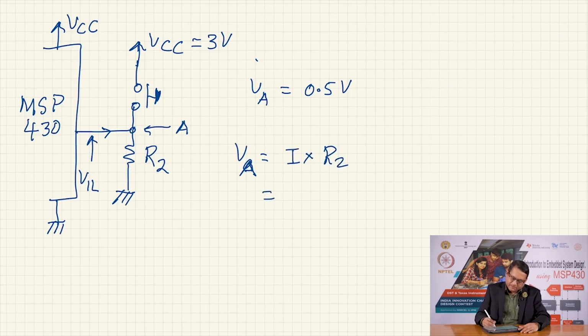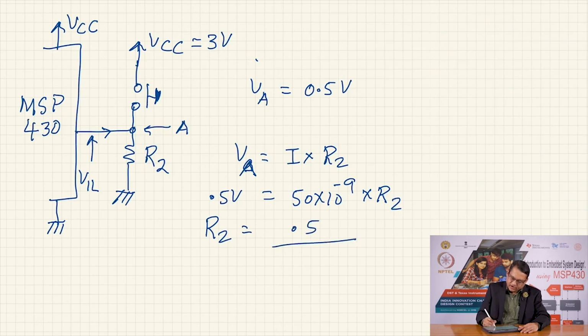I is 50 into 10 raised to the power minus 9 amperes into R2. VA we have estimated to be 0.5 volts, and therefore, the value of R2 is equal to 0.5 divided by